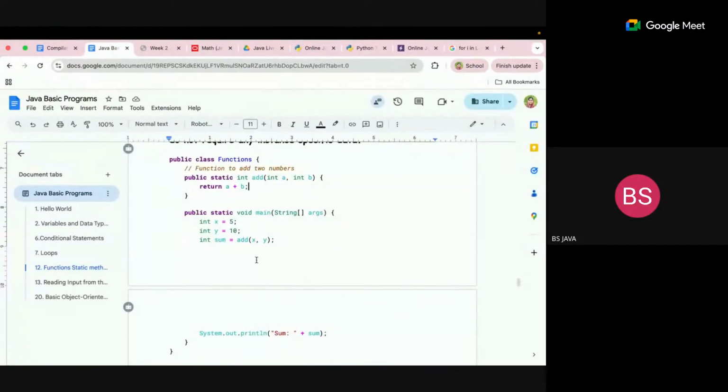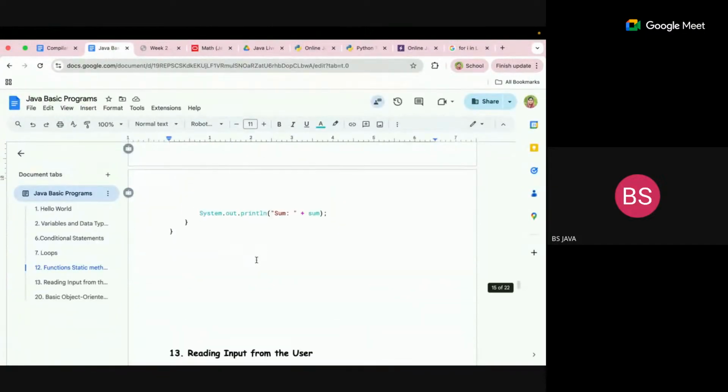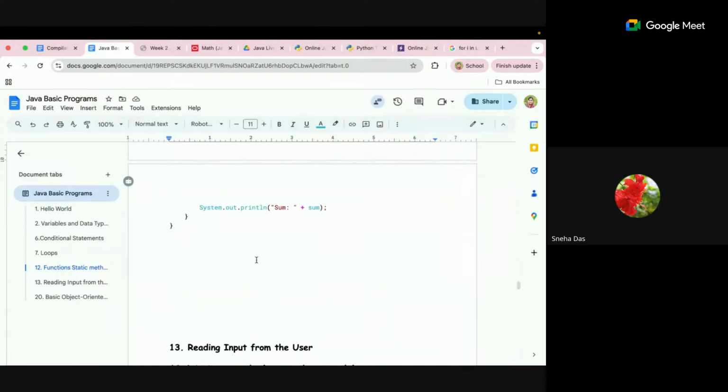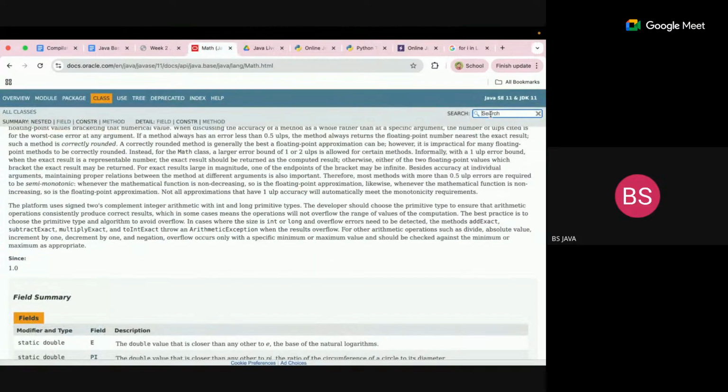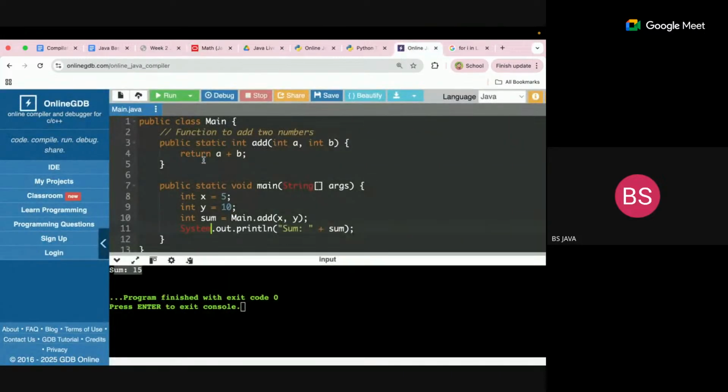Okay, shall I move to next one? Ma'am, what does it mean by we don't require to get the object? So I think you didn't get what I said. Okay. What I will do is,